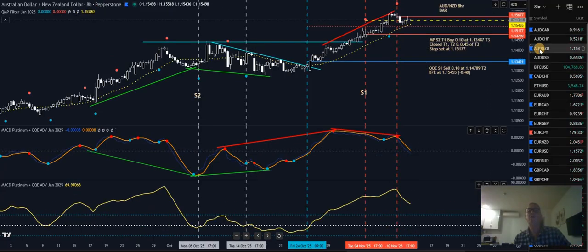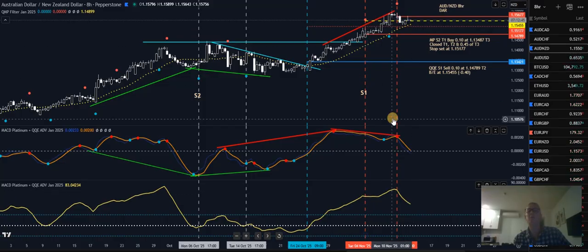Aussie, New Zealand, so I'm in a couple of buys from back here. You can read it here, S2, buy. So there's a stop in place, so I'm just trailing the stop up. I trail the stop below the 20 simple moving average, which is that yellow dotted line. So I'm in the 3 buys. There's been 3 buys, already closed T1, T2, and a partial close of T3. So I've only got 0.05, half a base lot, trailing it up, keeping it really tight.